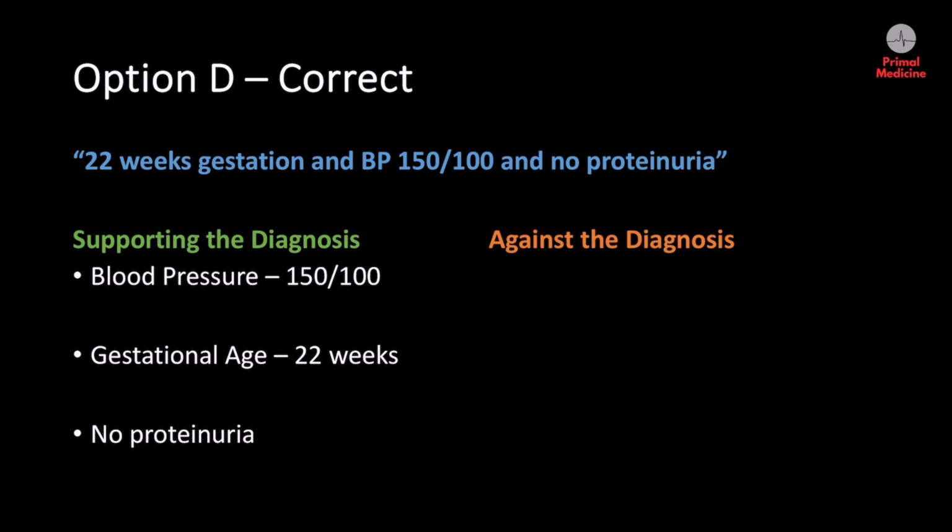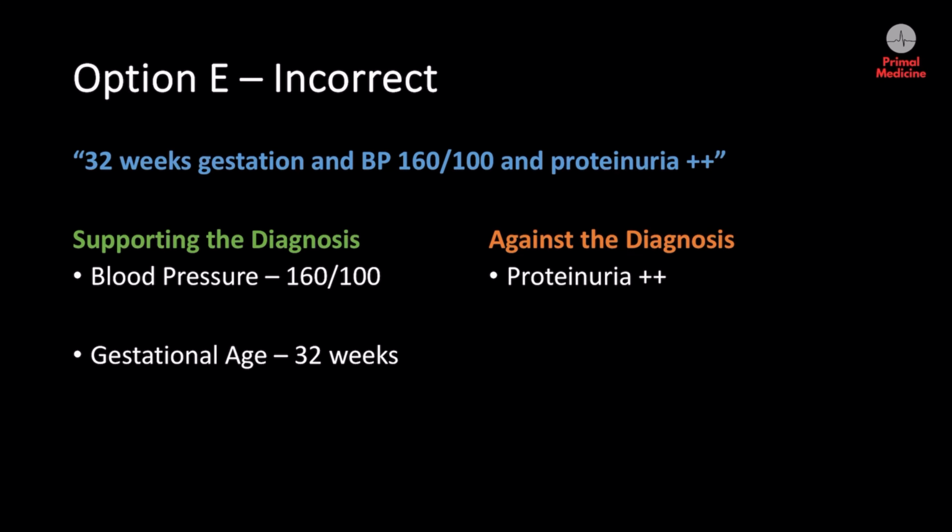In option D, we have 22 weeks gestation, blood pressure 150/100 and no protein in the urine. This was the correct answer because we have all the components of gestational hypertension. The blood pressure is greater than 140/90, the gestational age is greater than 20 weeks, and there is no protein